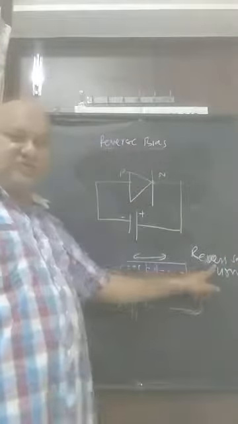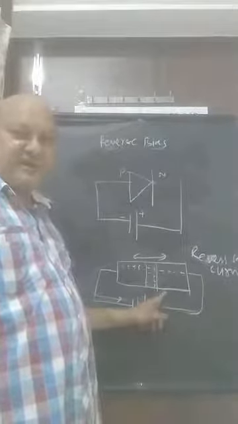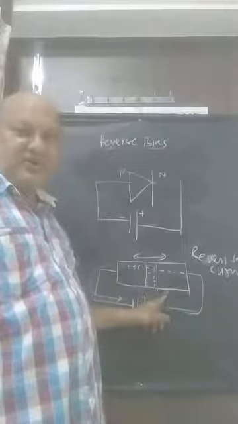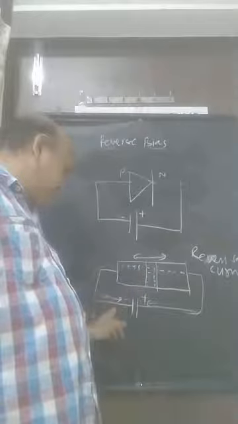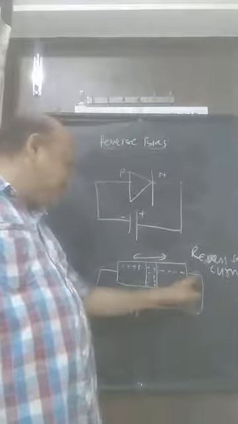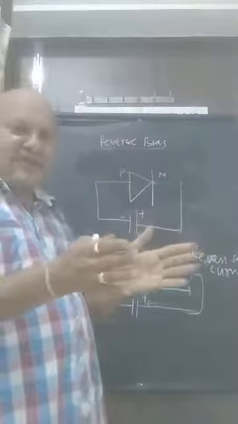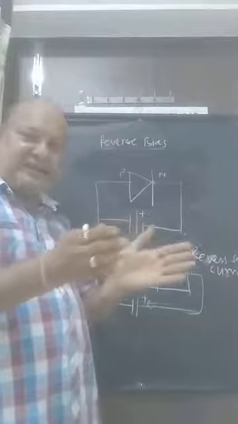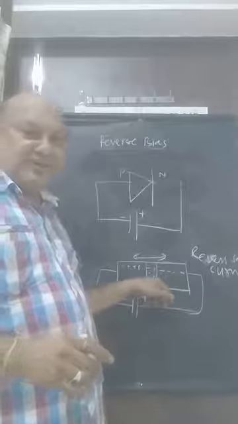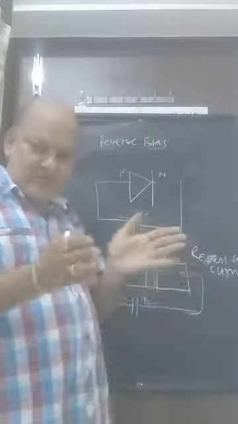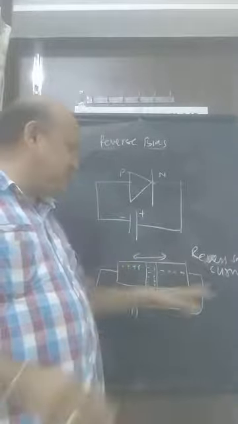This is in case of only reverse bias. Hence, the reverse saturation current is also important. While moving this positive to the negative side and this negative to the positive side, the depletion layer will increase, and at the last, the minority charge carriers in the junction will recombine with each other and produce energy, that is the reverse saturation current.